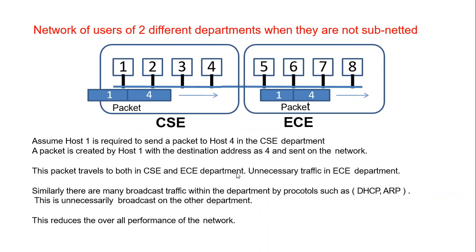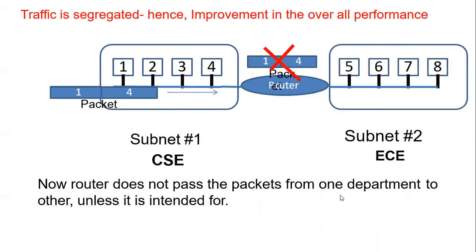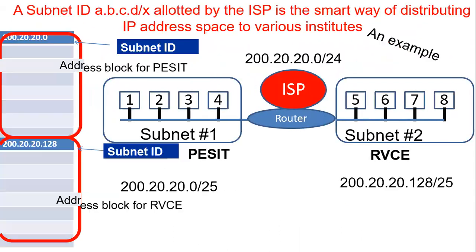Basically these protocols will find out which is the address. They will broadcast the message and identify which hosts are connected, and how many hosts are there in that particular network. So there is a lot of broadcast of packets done by these protocols. All of this can also be avoided. So you can see there are so many advantages of creating a subnet.